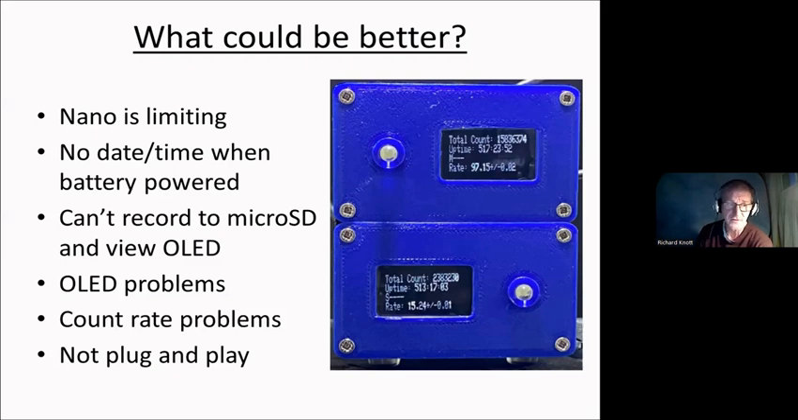Others of you may have observed this as well. It's a consequence of the Nano's millisecond time function that rolls over about every 50 days and causes these inconsistencies in the dose rates, or the count rates, that are shown on the detectors. So